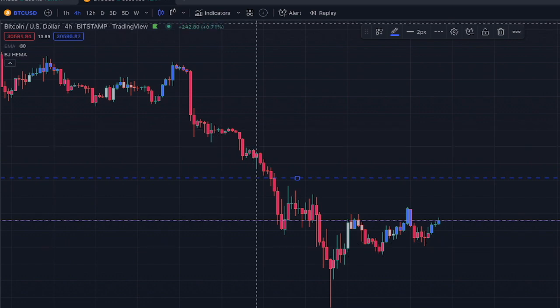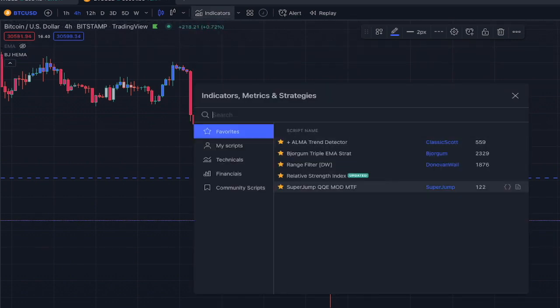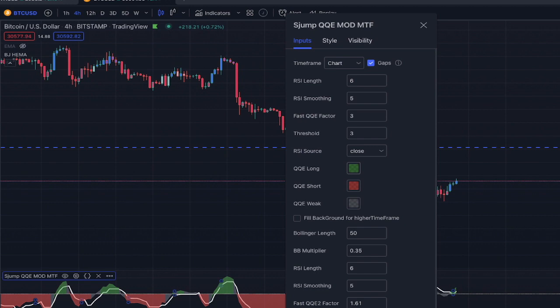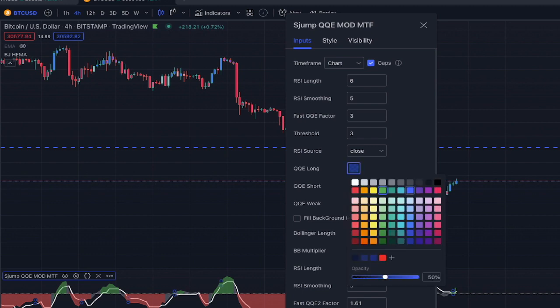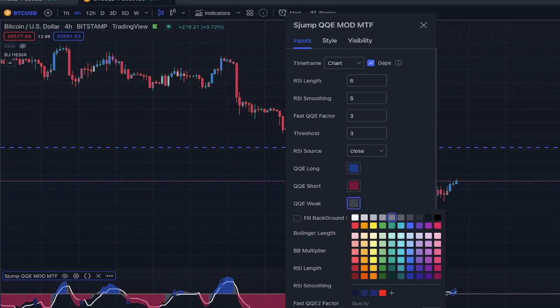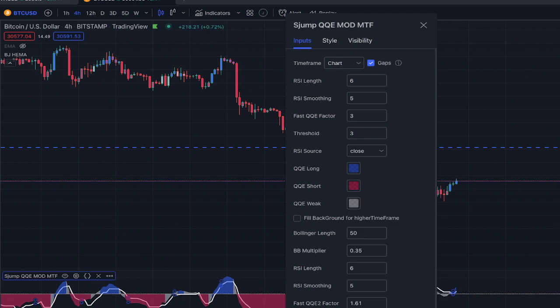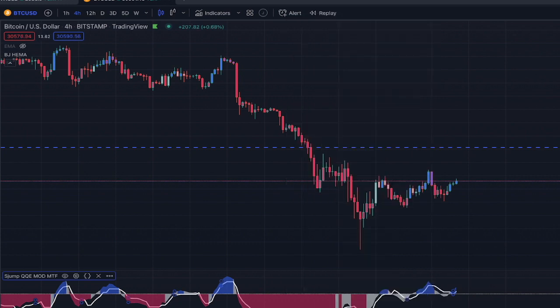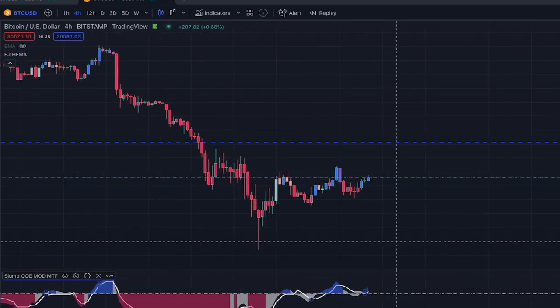So what I've done is I have been using the QQE Modified multi-time frame by Super Jump, and it is pretty good as well. I just need to change the colors, I like to have the same colors, makes me sane. Right, maybe I should have this one. So all right, if we look at this,